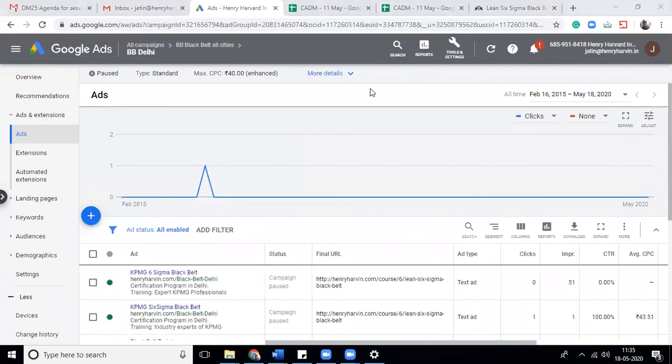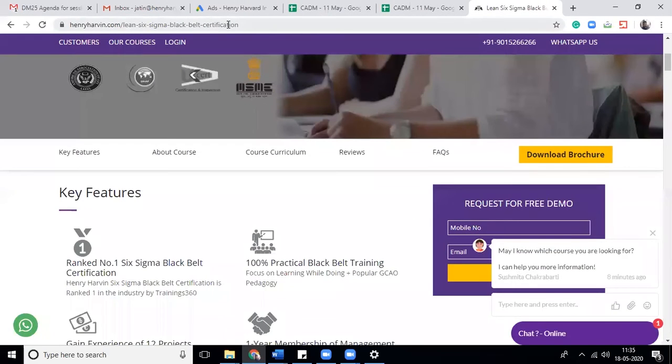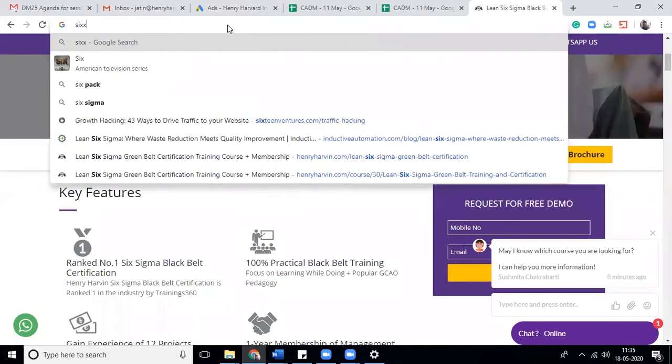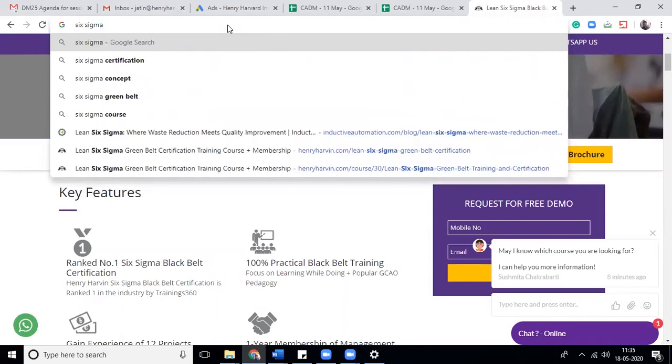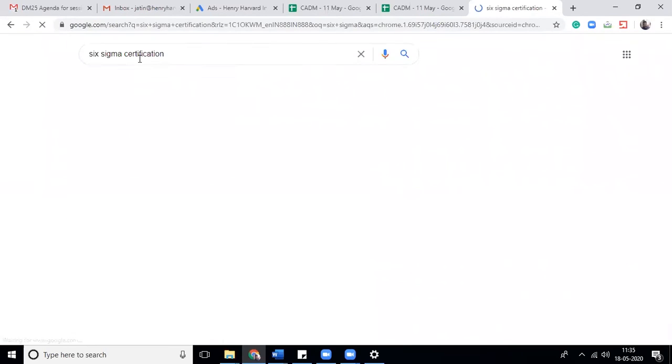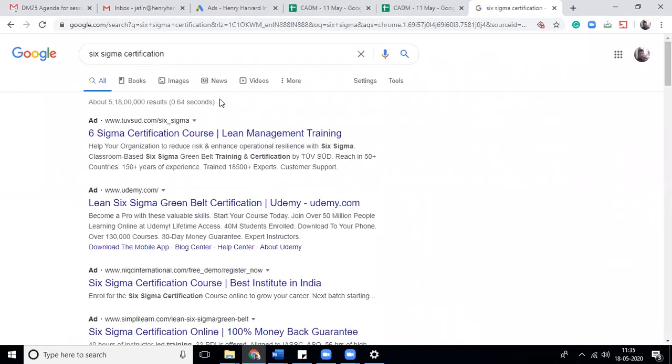Okay. After you create your ad, if I go on Google and search, let's continue this example of Six Sigma. You see an ad, you see headline one, headline two, description one, and description two.